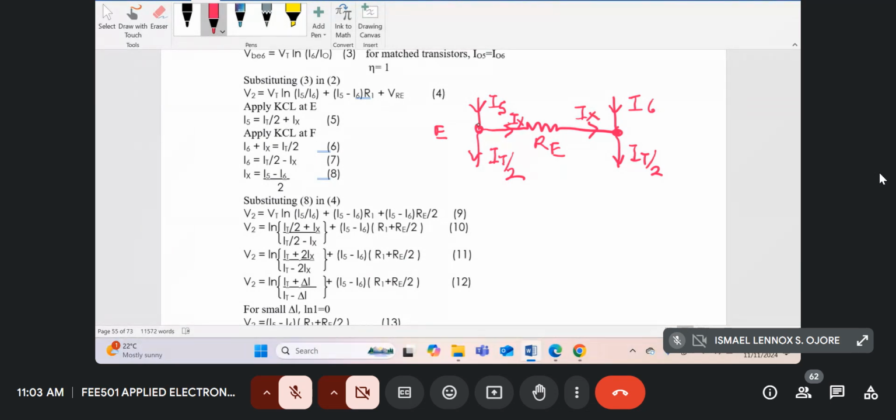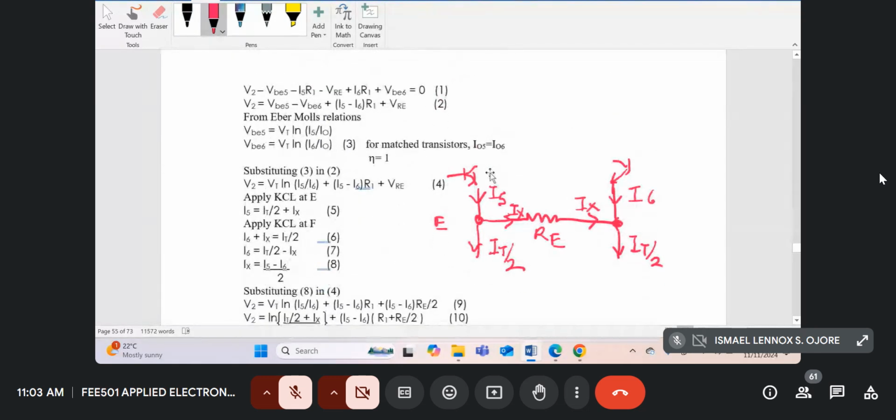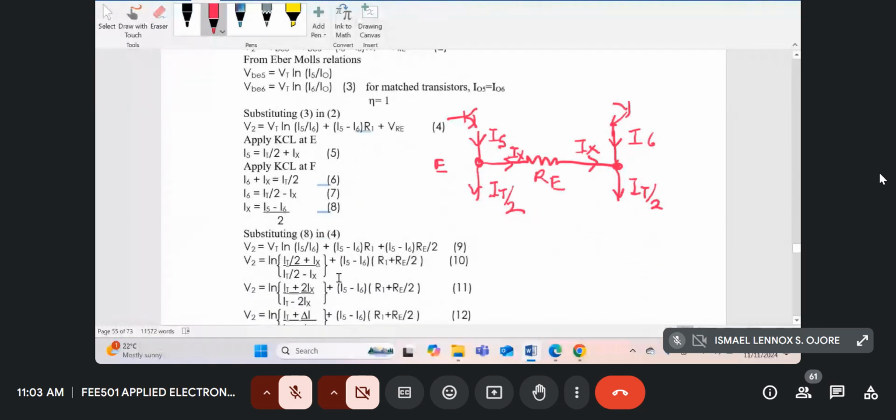So that's the situation we have. I'll just do it there so that I don't flip the pages left, right all the time. So this is your Q5 and Q6 over here. So KCL at node E is here. We can write that